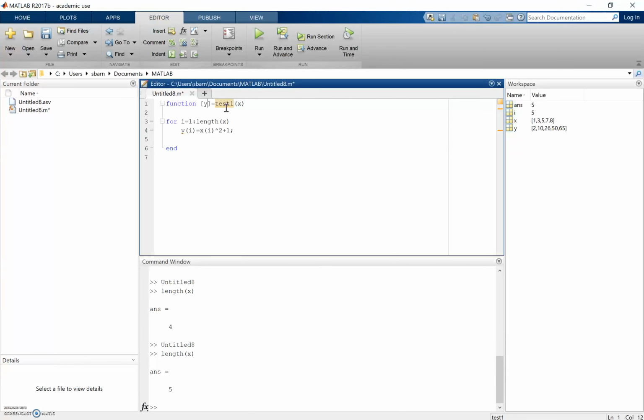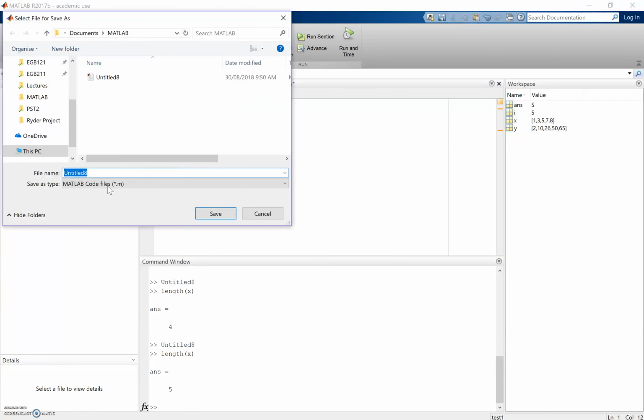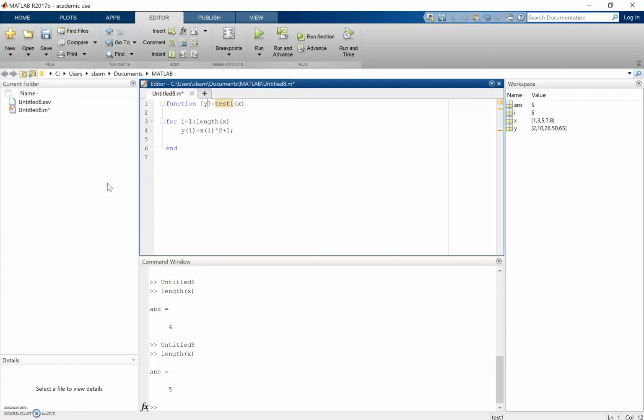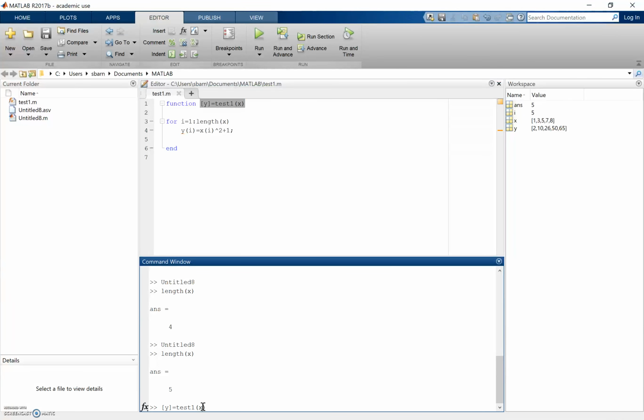So you can see that this is highlighting, right? It's telling me that it's not happy because my code is actually called Untitled 8, but it needs to be called the same thing as what I've got in here for it to work. So I'll just save it as test1 to keep it happy. And now what we should be able to do is, if we save it, we can copy this to test it, let's give it an x